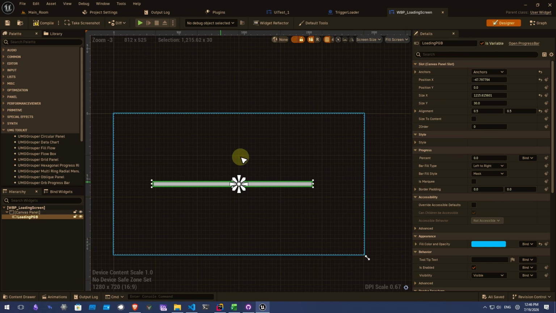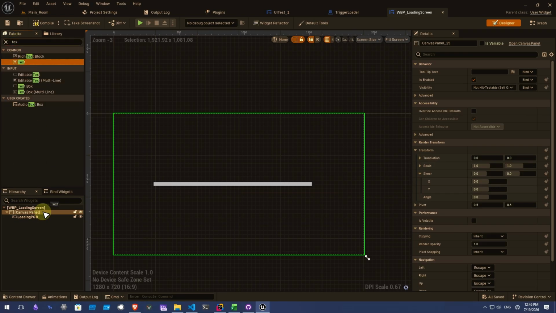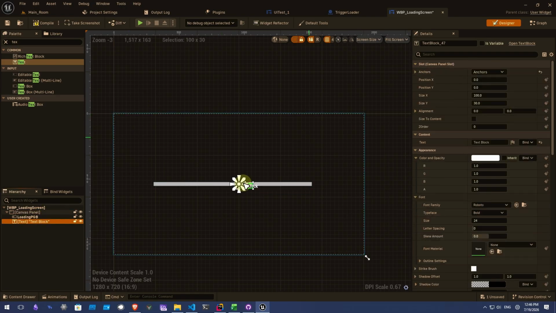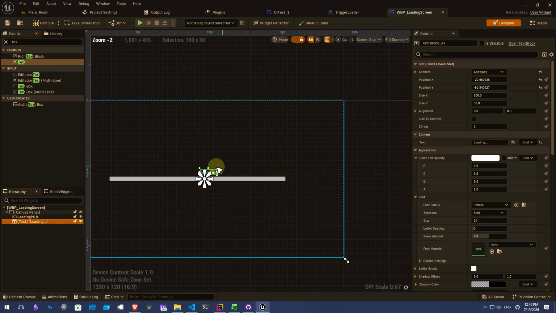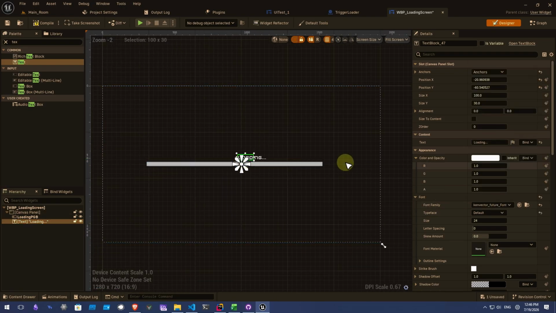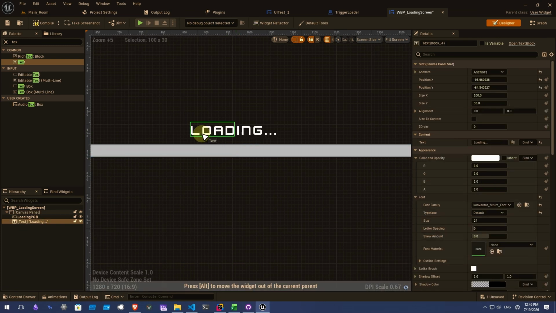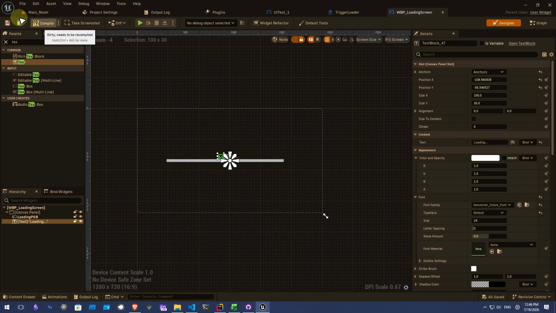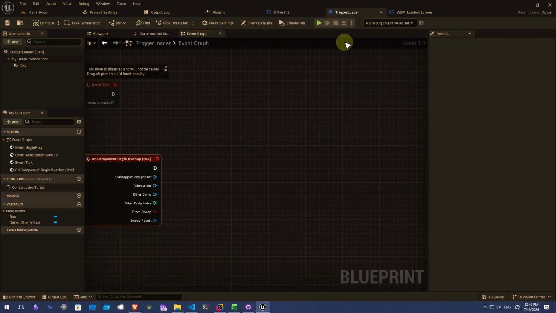Yeah, so now I'll add a text in our canvas. I will put it in the center of my screen. Also the name, I will just give it a text like loading, with three dots. Even though this font is disgusting, I got some nicer fonts there. Yeah, compile and save. So in our trigger loader, when the player steps in, I didn't give it the background,